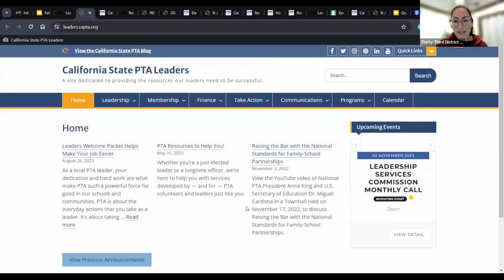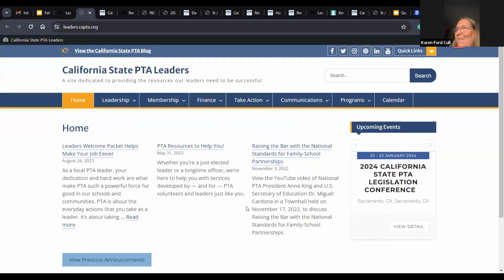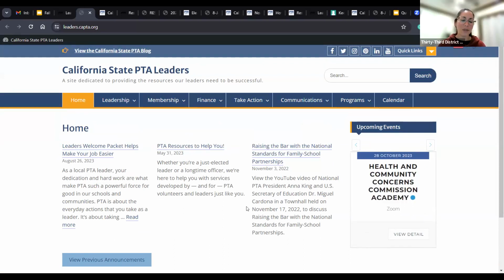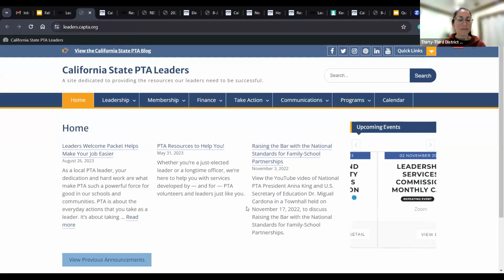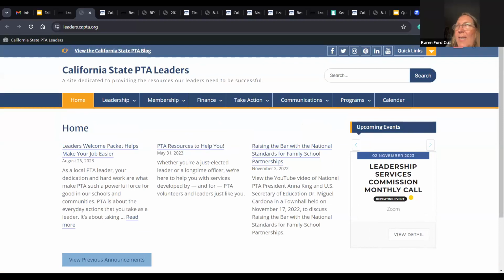It already logs me in because I'm always logged in. But it's really easy to sign up. You just need your unit number, I think, is the only requirement. And they do suggest not logging in with your PTA email, but your regular email, because it knows who is an officer of each unit. So use your own email.